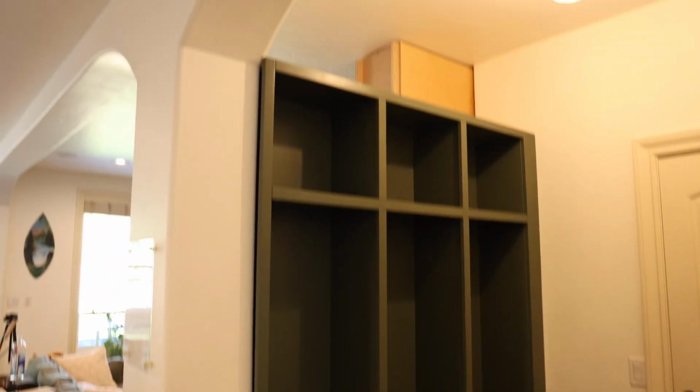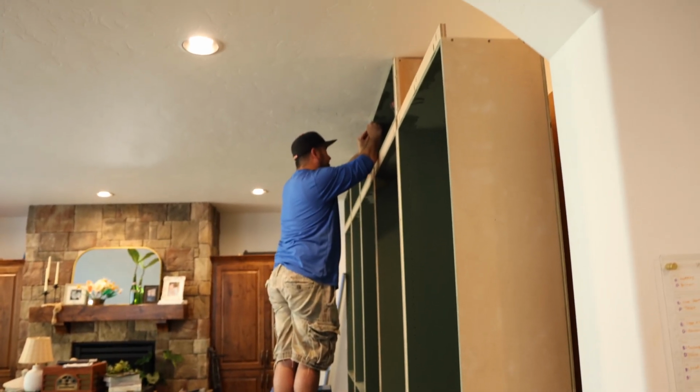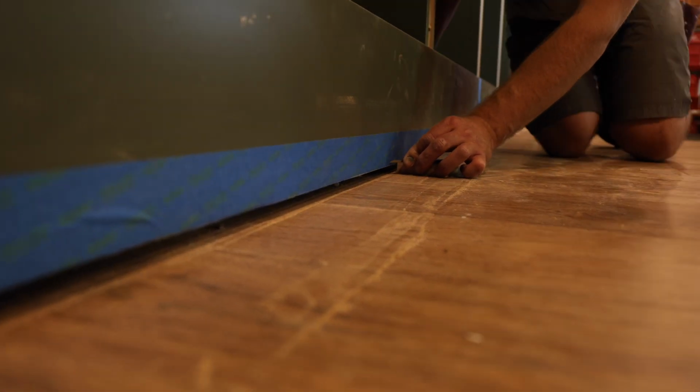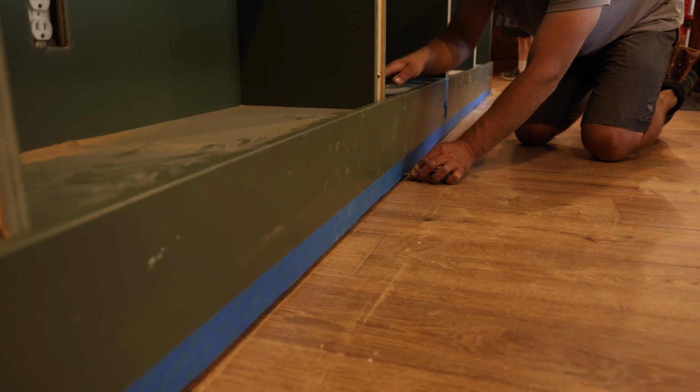All right, I didn't get a shot of us putting the lockers up on there, but there they are. You can see it fitting nice. Marshall's working on screwing those together, and I've got some work setting this thing and getting it plumb. You can see the walls are not perfect, but here I am scribing the long piece of baseboard to the